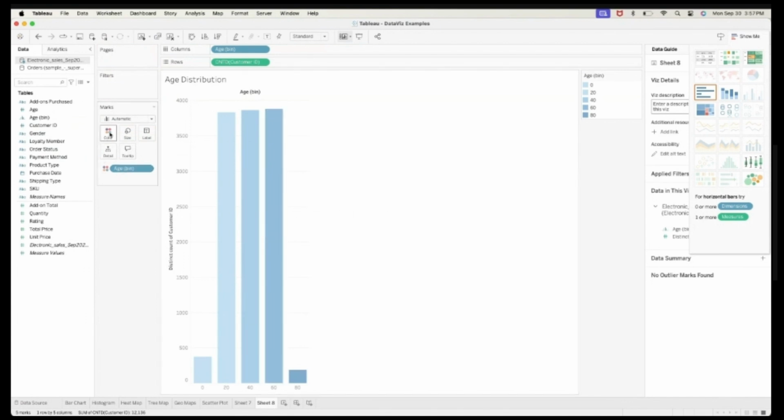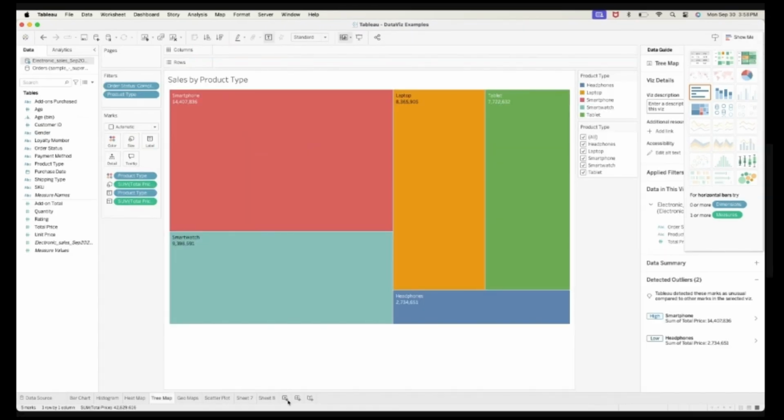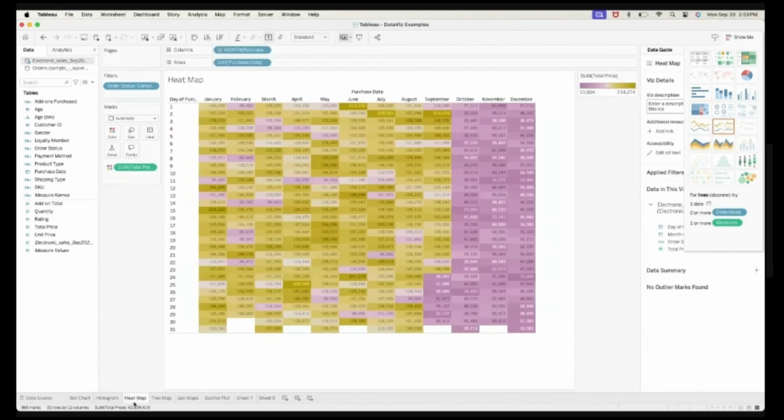And again, you can always edit the color palette. Okay, so let's have tree map first and then heat map. So here it's showing the sales by product type. So I have the category. I would want to show the differences, it's the sales by product. So I would want to show by visual the sales by product, basically. So how did we make the tree map? Again, correction, this one is tree map and the other one, the heat map, it's this one.